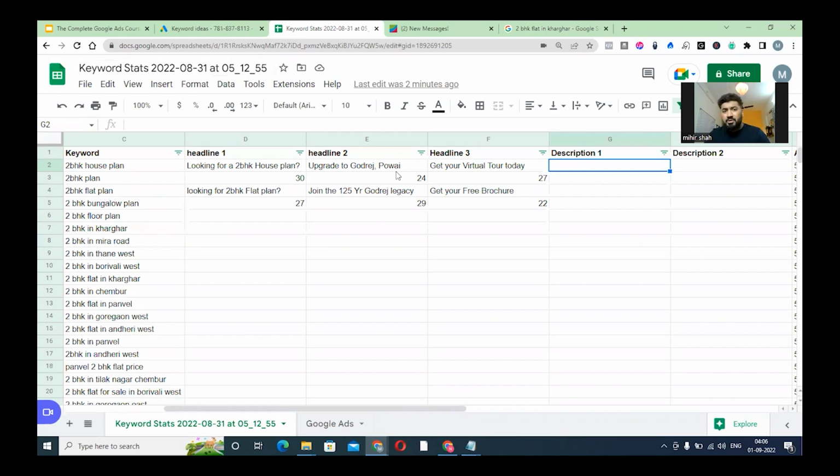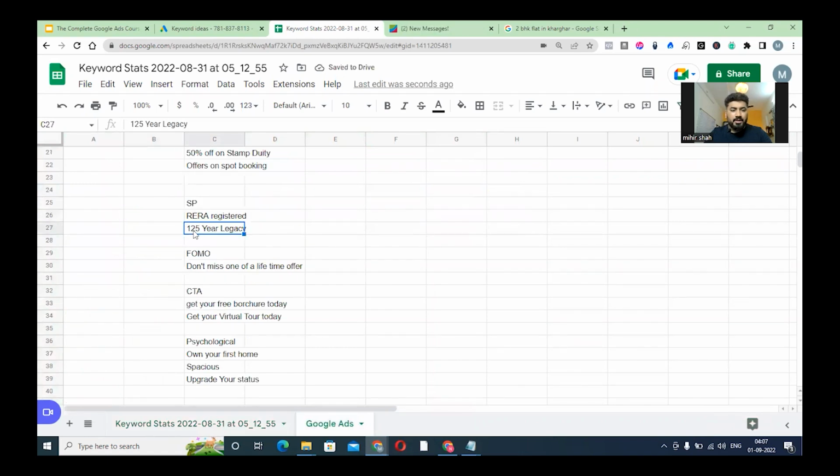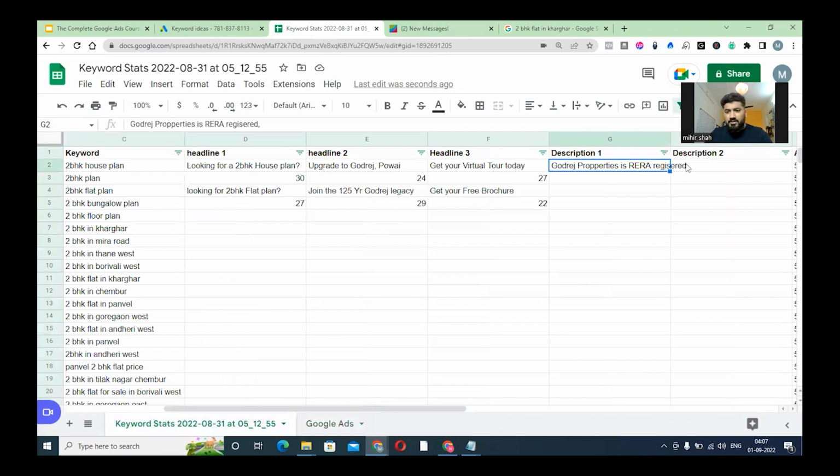So again, I'm gonna write one description each. So looking for 2 BHK house plan upgrade to Godrej Powai, get your virtual tour today, right? Godrej Properties is RERA registered. What I did was I slipped in the social proof here. Is RERA registered? All right. Or we can talk about 125 years of legacy as well. That Godrej property brings 125 years of legacy. We can start with is RERA registered, which